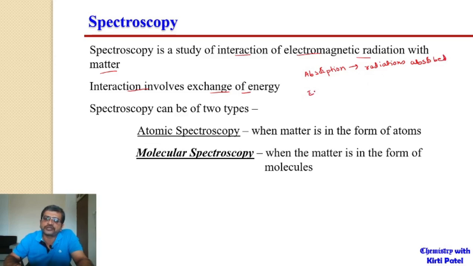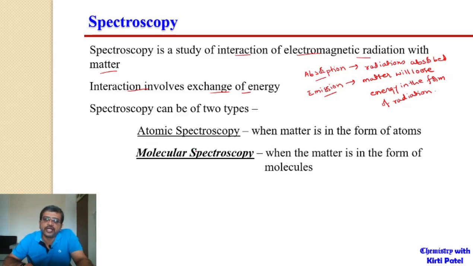In emission spectroscopy, the matter will lose energy in the form of radiations. So radiations will be given out. Electromagnetic radiations will be given out in an emission spectroscopy, and in absorption spectroscopy, the electromagnetic radiations will be absorbed